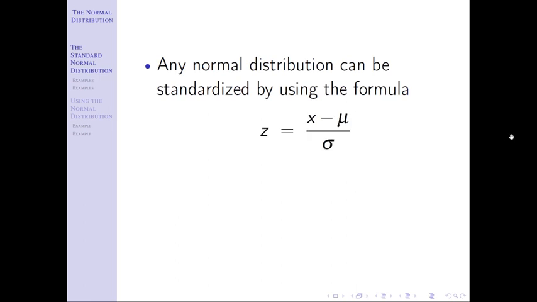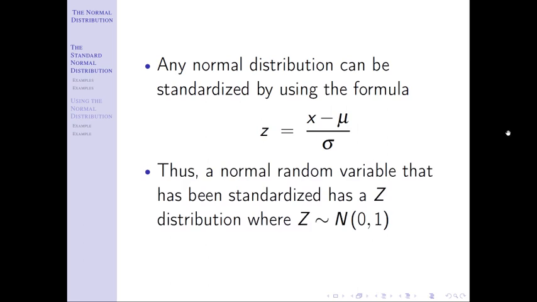I want to make sure you catch that this isn't necessarily something we're going to actively do in this section. In this section, everything that we have will already be a standard normal distribution. We're going to use this for the next section. We're just introducing the concept of how did we ever get there in the first place, right? How do we work with this? And it's this idea that we standardize by taking a value, subtracting the mean, divided by the standard deviation. And so if we have a normal random variable that has been standardized, we say this is a z distribution.